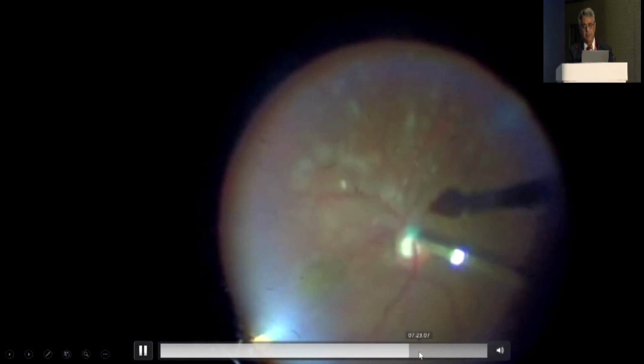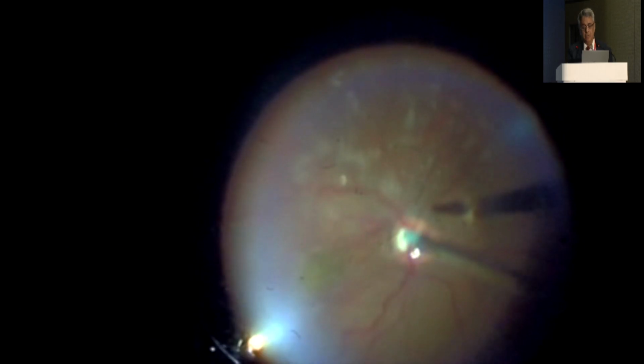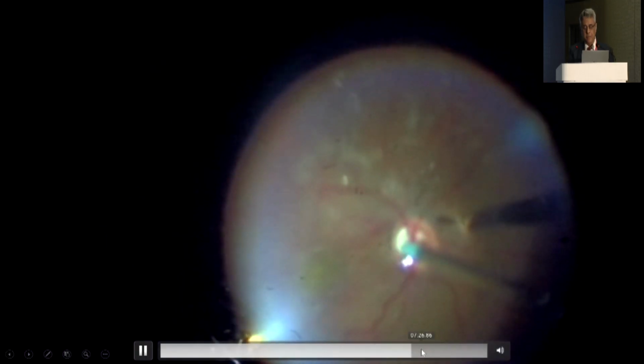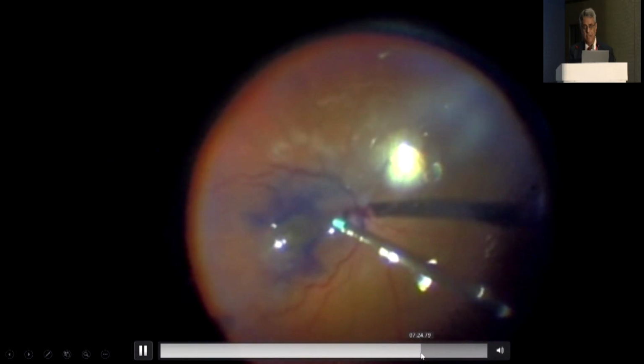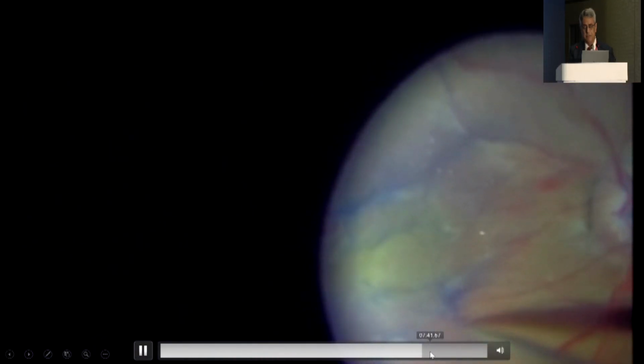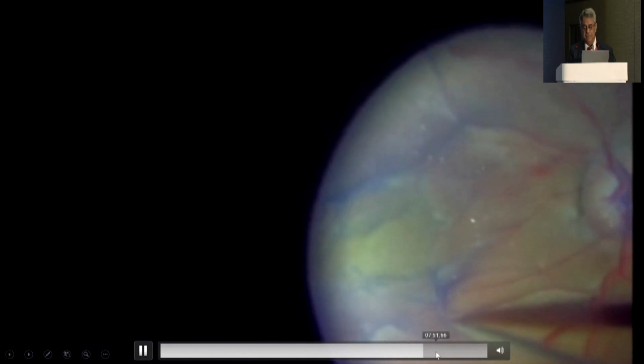So this was another patient where the membrane looked like a smaller membrane, but once we went inside and started doing the job, after having identified the edge,